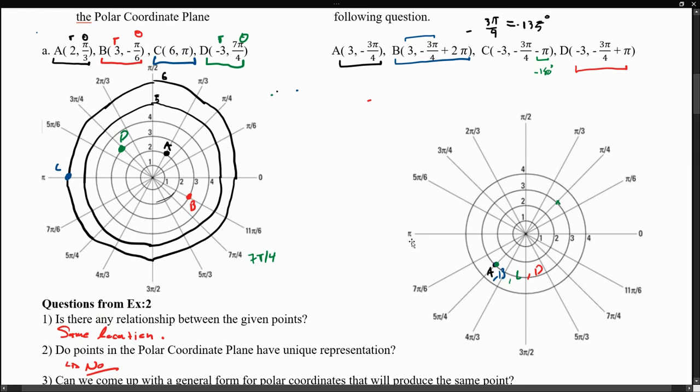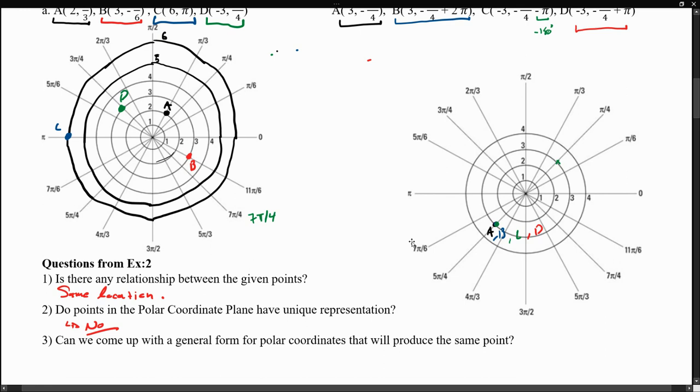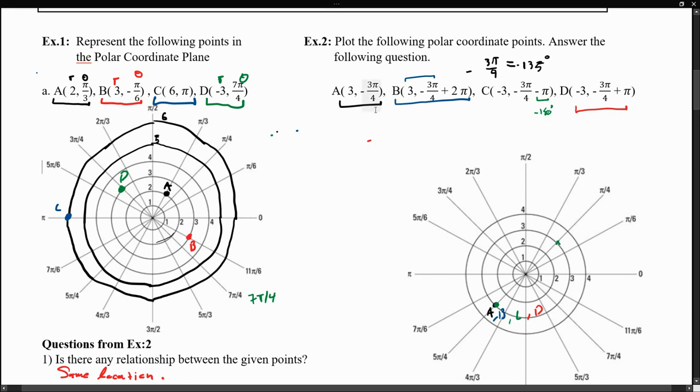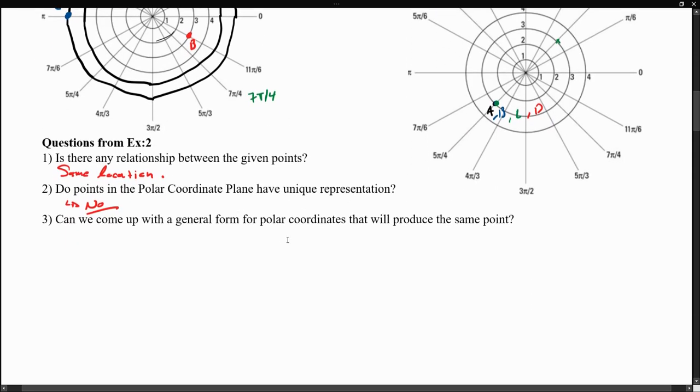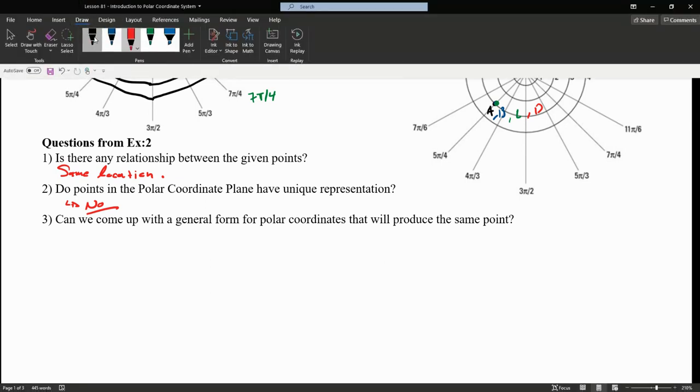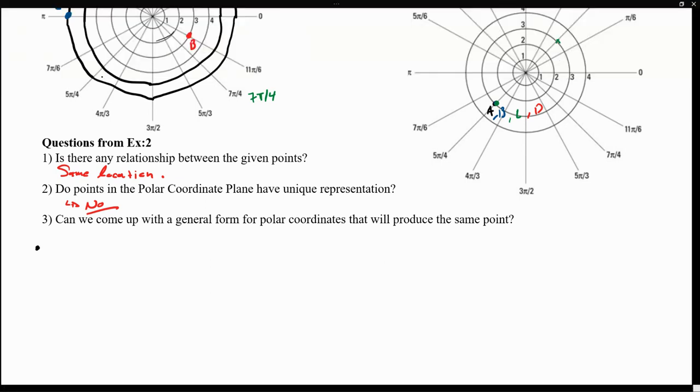And now, is it possible for us to come up with the general form for polar coordinates that will represent the same point? Because notice that we kind of use the same examples right here. Notice that we have almost the same combination here. So can we just generalize this to say, look, this is just the general form to represent the same location. And the general form to represent the same location, it's as follows. Well, first we need to define a point. So let's assume that if we have a point, which again, any point will be given in the form r comma theta,